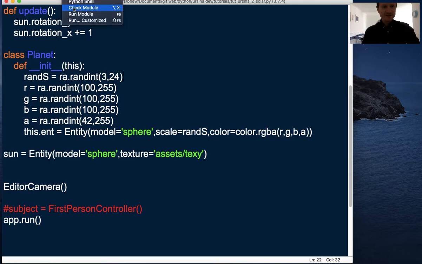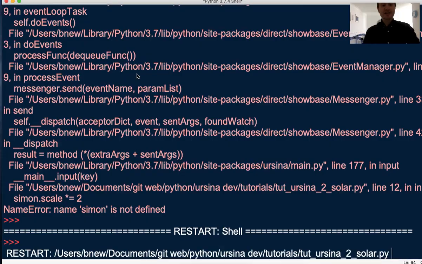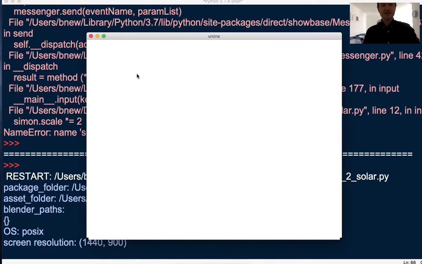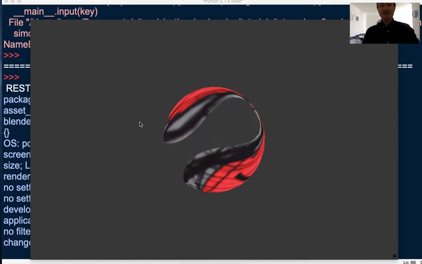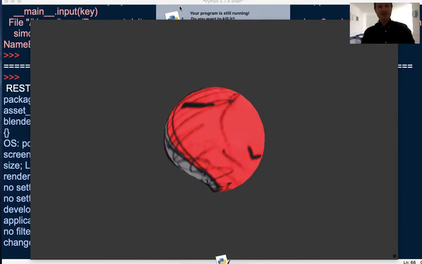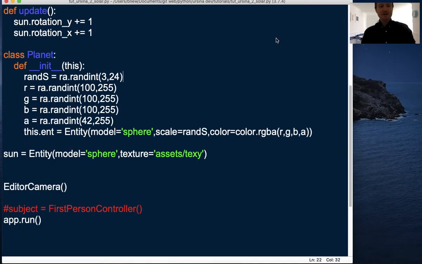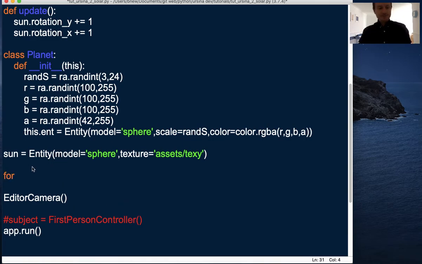Now let's just run it and see what's happening. So we should just have our rotating sun with my chicken texture on in the middle. And now if I press space, yes, I can increase the scale of that. Fantastic. Press escape and we can close down. Wonderful. So let's make a loop